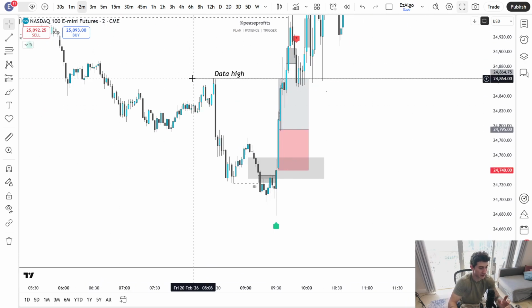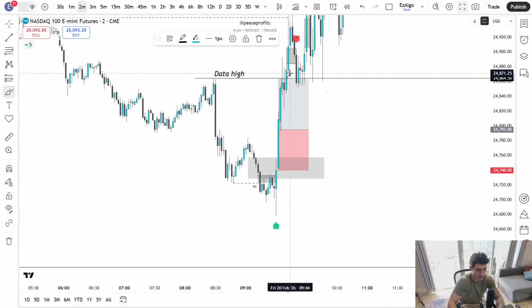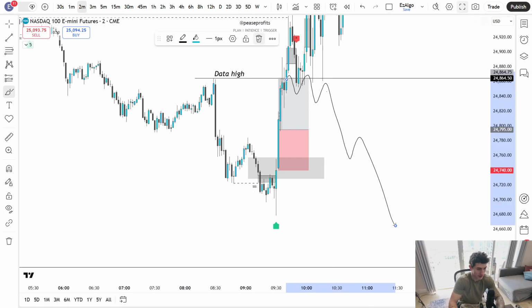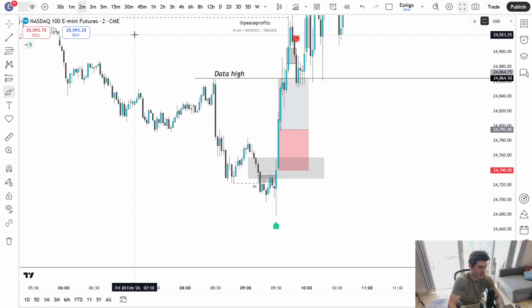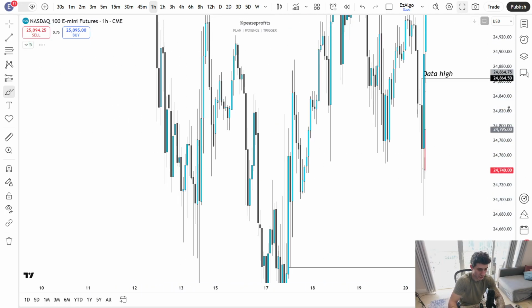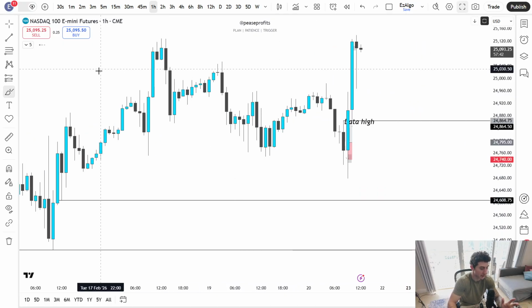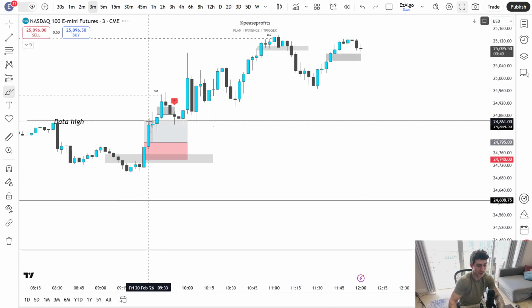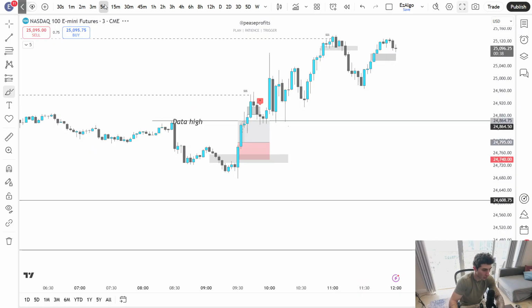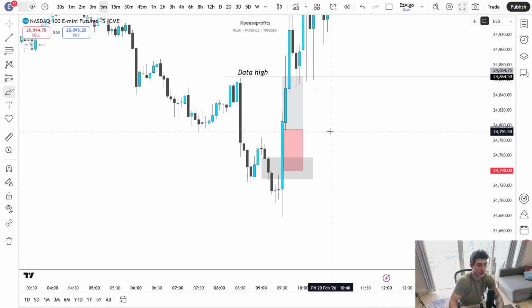It is a Friday. This was a data wick, so we could have very easily reversed here and potentially gone lower, because my bias heading into the day was actually bearish due to some of these external lows down here. Ended up being completely wrong. And this is why I say over and over and over again, your bias doesn't matter that much heading into the market. You need to be able to adapt to the price action, be able to change your bias when price action tells you that you were incorrect.